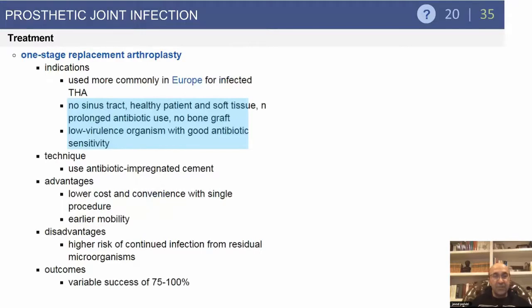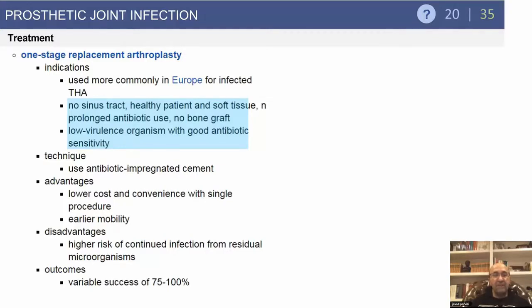One-stage exchange is an important armamentarium for treatment of these patients available in Europe, and at the moment a clinical trial is underway in the United States to try to evaluate its utility and also determine the indications for this procedure. But the Europeans will agree that you shouldn't do a one-stage exchange